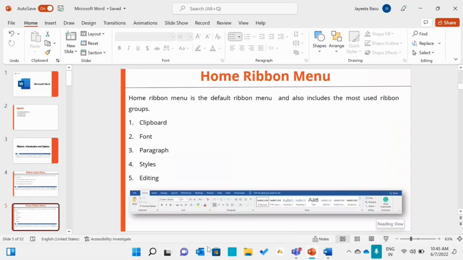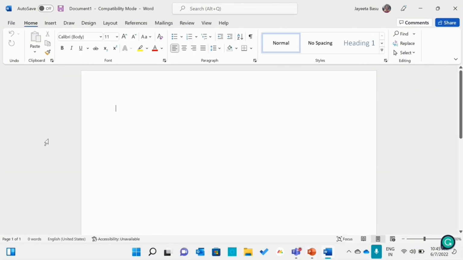So let's go back and we will open the document that we were working on. Now, as you see, when we land on the blank document, this is the ribbon menu. All of these are the different ribbon menus that are available with Microsoft Word. As I was saying, the default ribbon menu is always the home ribbon menu. Now, the first thing you see is the undo. Let's say you write,